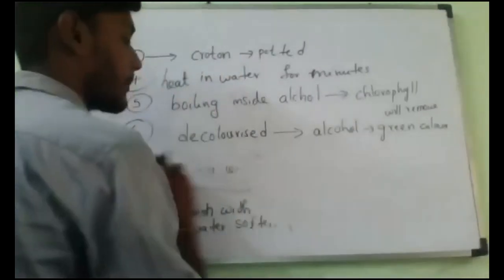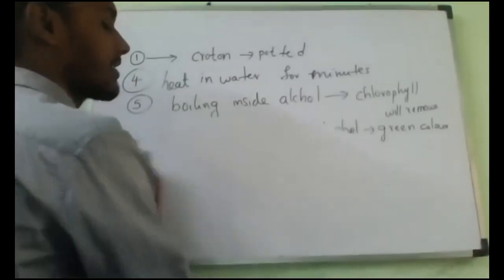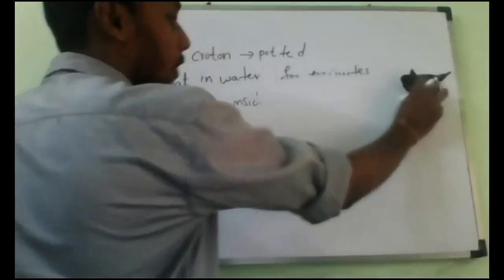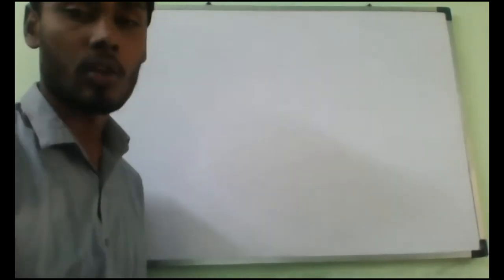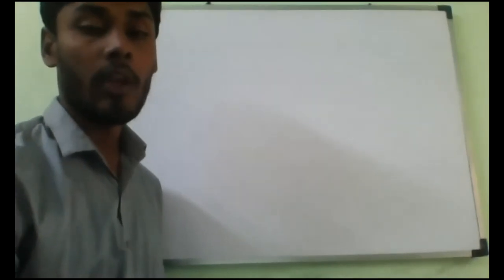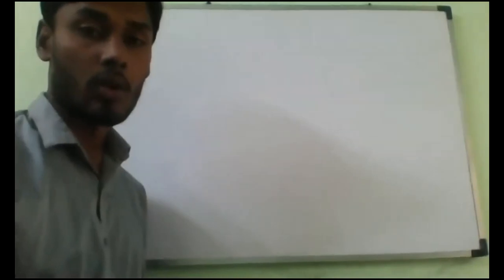What is the next step? We have to prove that chlorophyll is required for the photosynthesis reaction. As we know, only if chlorophyll is present will the food be produced by the plant. So now I have removed the chlorophyll. Why do we need to remove the chlorophyll? They will ask you this question. Why do we test whether chlorophyll is required? Then why are we removing the chlorophyll?